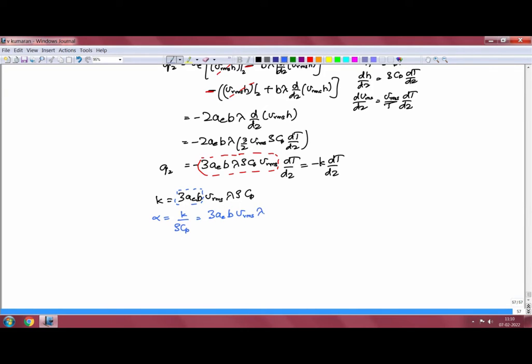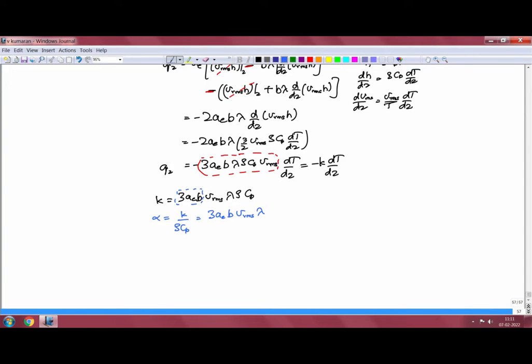So, the thermal diffusivity is also some constant times the mean free path times the molecular fluctuating velocity in a gas. So, the thermal diffusivity and the mass diffusivity are both proportional to the mean free path and